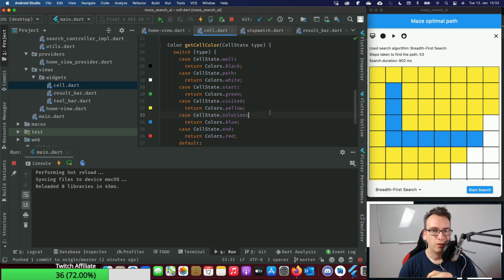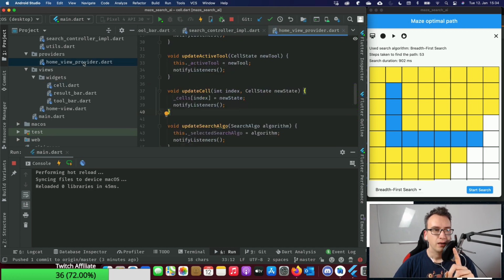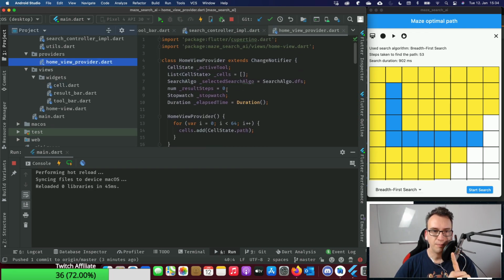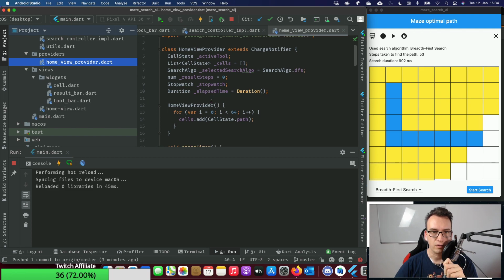Yes, Minu, I could do all of that, but it wouldn't change the problem that we have all the time, right? So, for example, if I want to make one field later more expensive to go to than another one, that I create swarms or I don't know whatsoever, then I would have to recreate everything. I think the best option is to give the cell states more information than just having a start, endpoint, and so on, or keep track of it, right? Because if you remember, inside of the home view provider, we already keep the information about the start and the end, I guess, or? No, we don't.